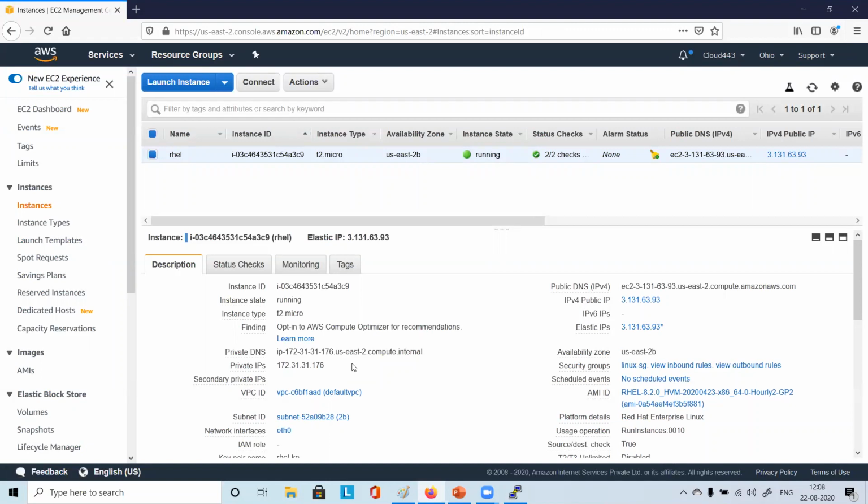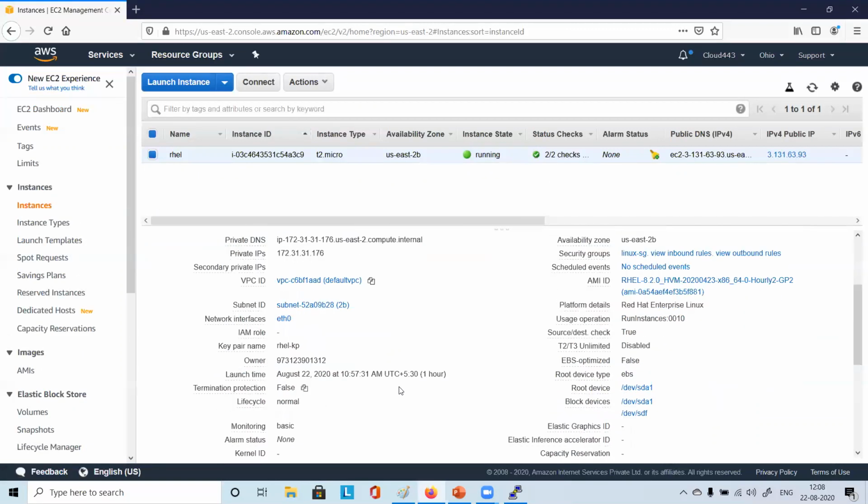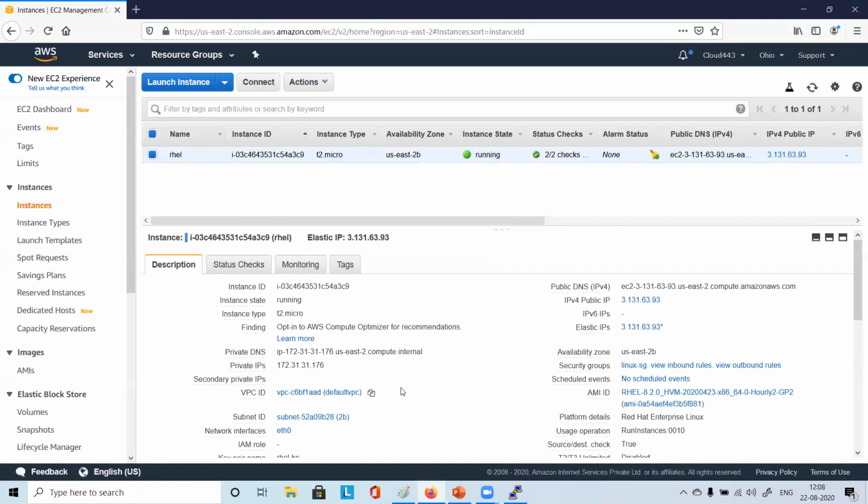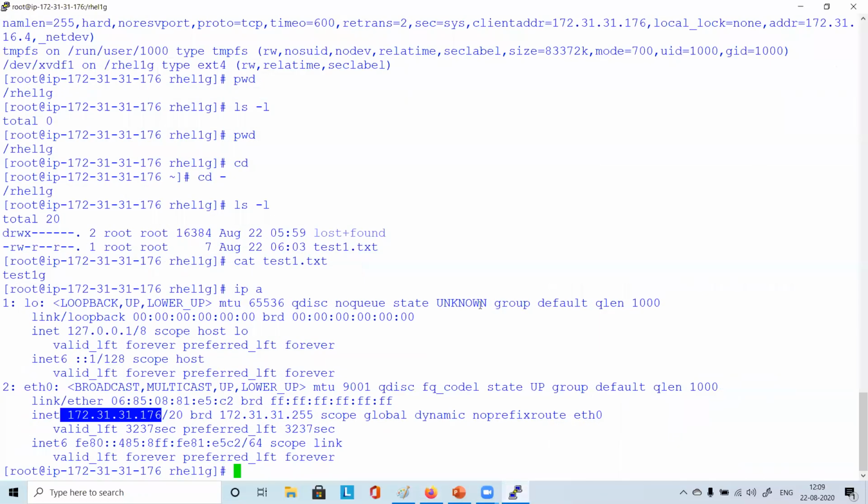Whatever is shown in the elastic IP has come and got assigned here, right? Now in your machine, just try to run some command, clear command or something.